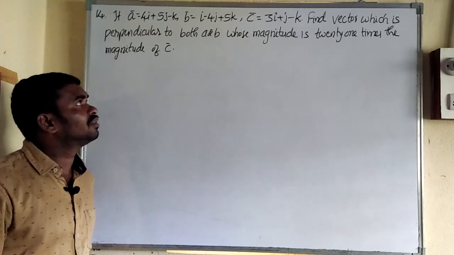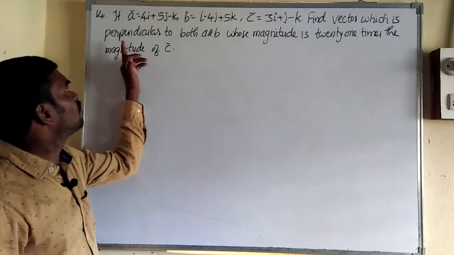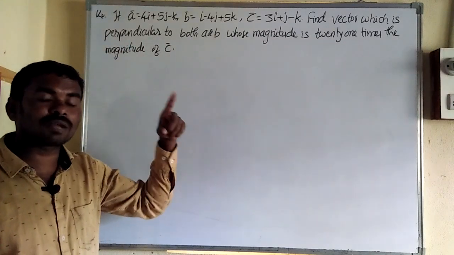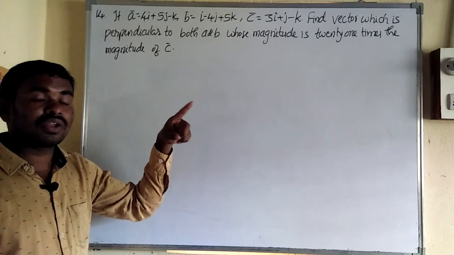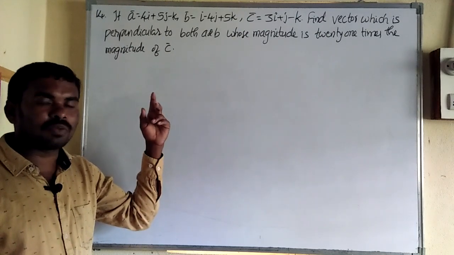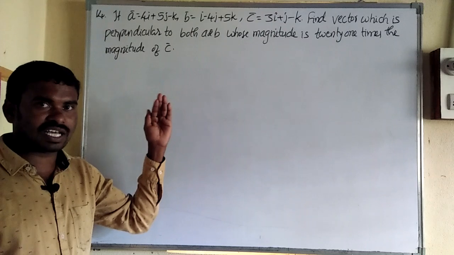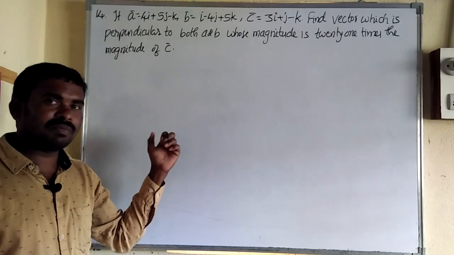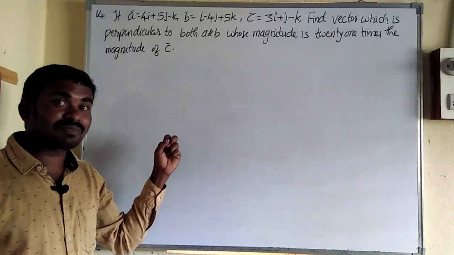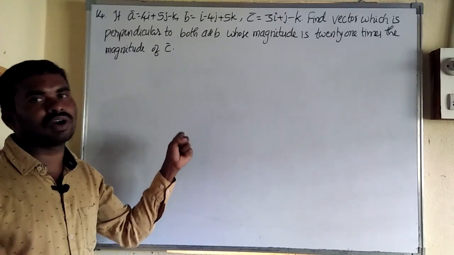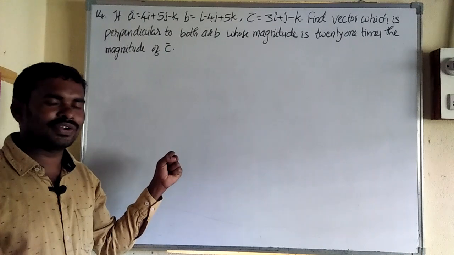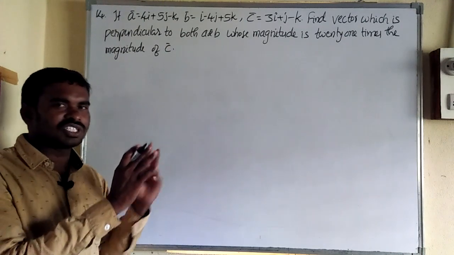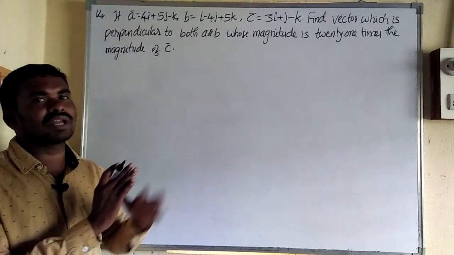First question: we find a unit vector perpendicular to both A and B. The unit vector perpendicular to the points PQR is plus or minus PQ cross PR by modulus PQ cross PR. If vectors A and B are given, it is plus or minus A cross B by mod A cross B. Did you get the idea? Yes. Okay. In part 3, the 4 marks questions, the first and second questions are the same type.